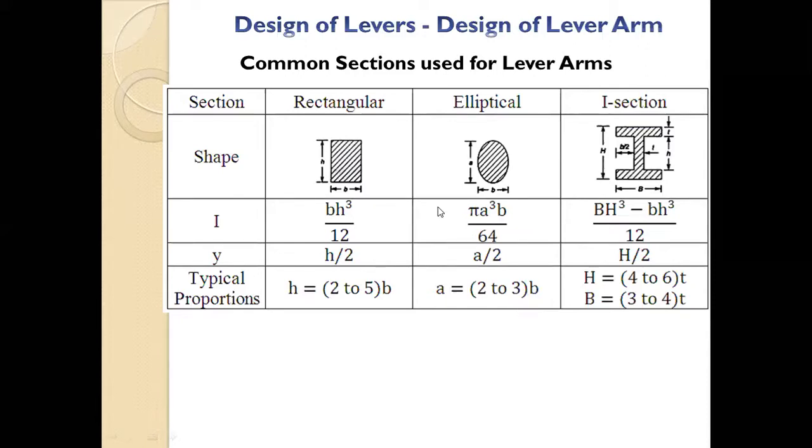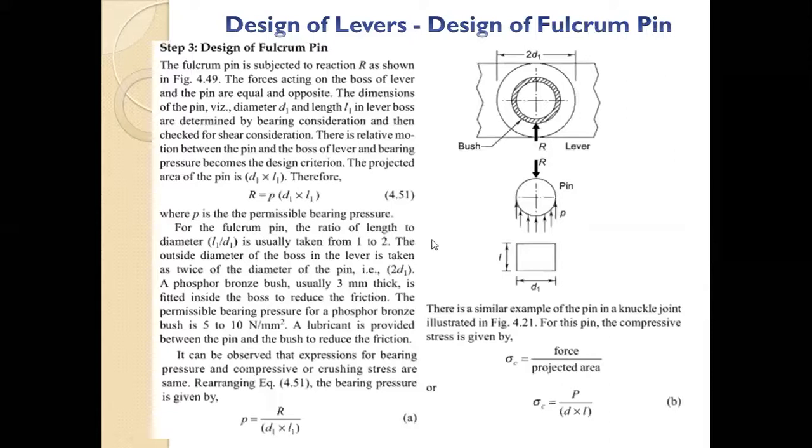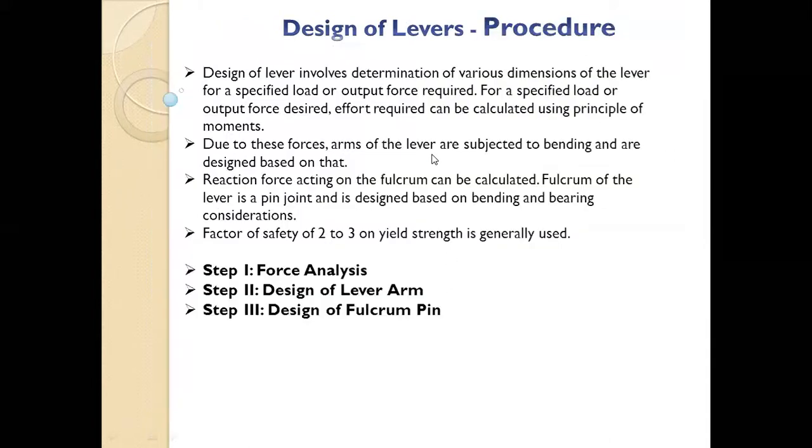Okay, so these are the common sections we'll use. Sometimes we use an I section also, and in that case, this is the equation: BH cube minus bh cube by 12, right? So these are the general cross sections we use for the design of the lever arm, and then we have